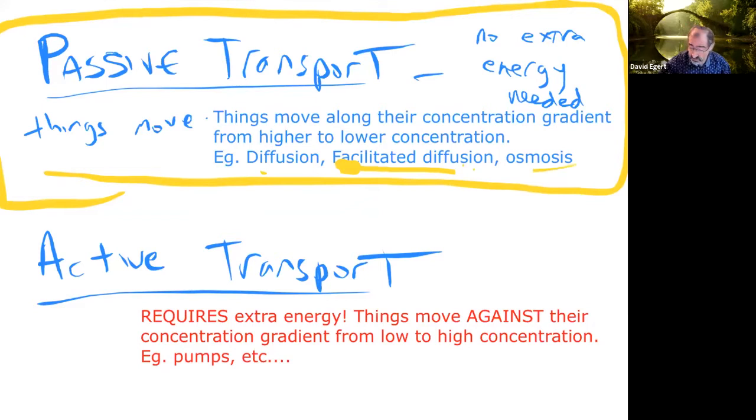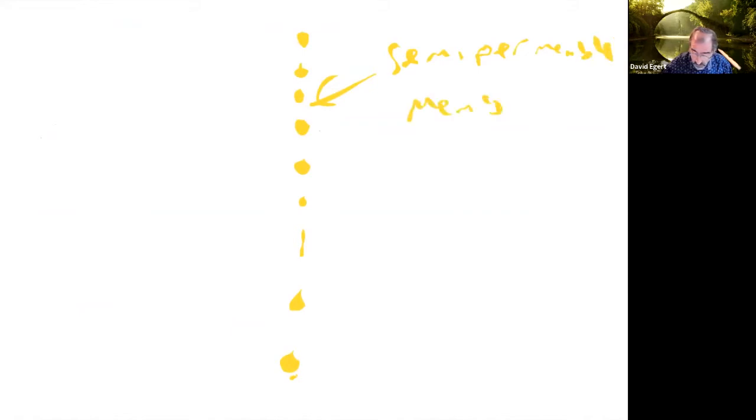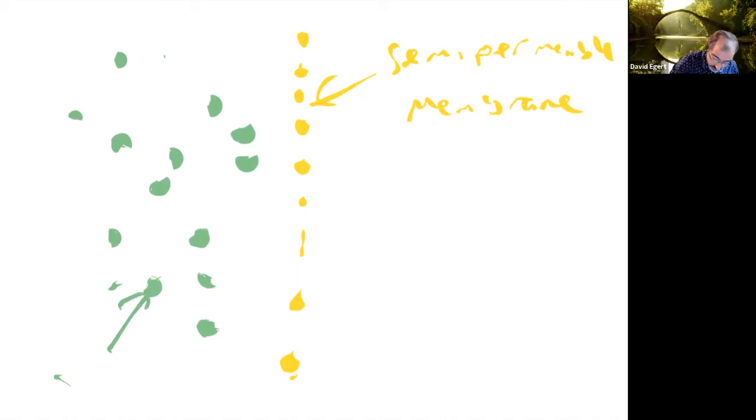And osmosis is just going to be the specific example of diffusion of water across a semi-permeable membrane. Normally we think of some solute diffusing through water, but in osmosis, the solute is trapped. Semi-permeable membrane. The solute